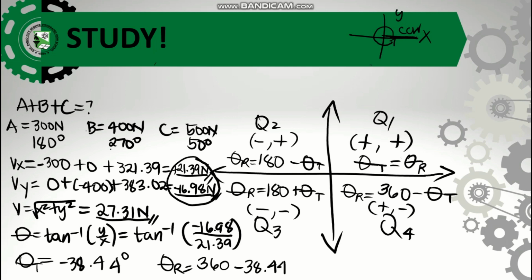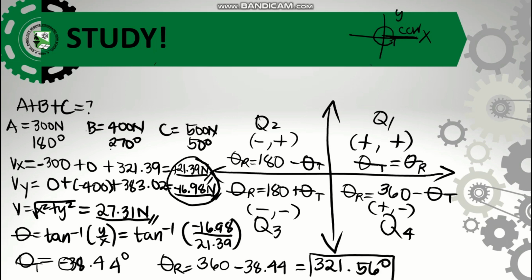That's why ang magiging formula natin is i-minus natin yung nakuhang angle sa 360. Pero again, do not mind the negative of the true angle. Ang ibig sabihin lang naman kasi nun is the direction nung 38.44. Kung counterclockwise siya or clockwise. Pero since ang gusto mo na makuha yung reference angle, don't mind the negative sign of the true angle